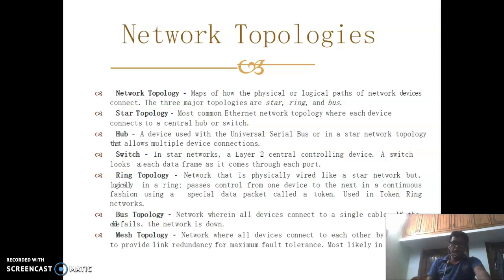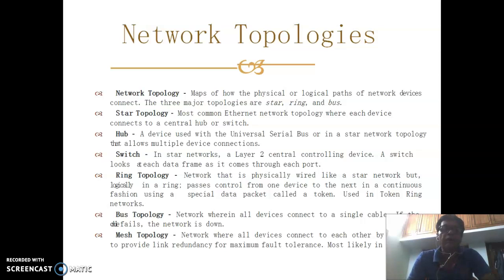Now we will go for the network topology. Network topology is nothing but a map of how the physical or logical paths of the network devices connect. The three major topologies are the star topology, ring topology, and bus topology. Star topology: the most common Ethernet network topology, where each device connects to a central hub or switch.